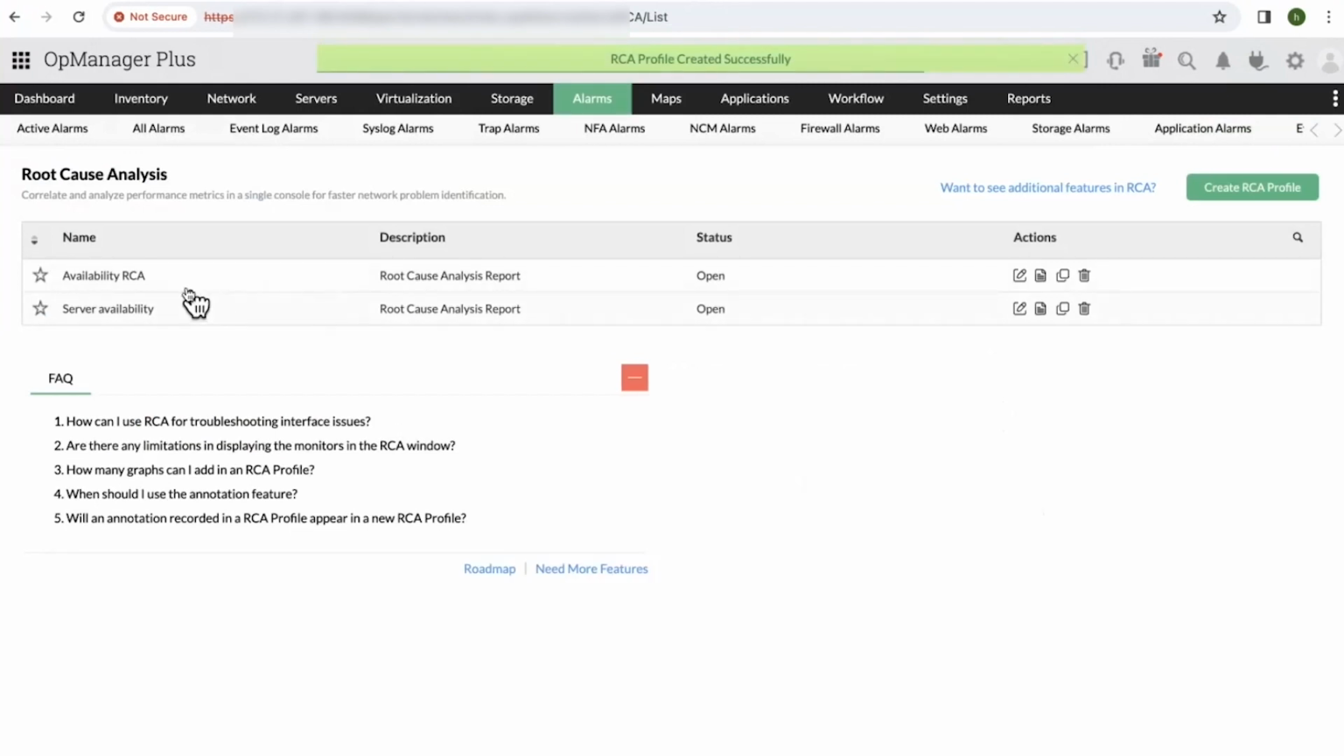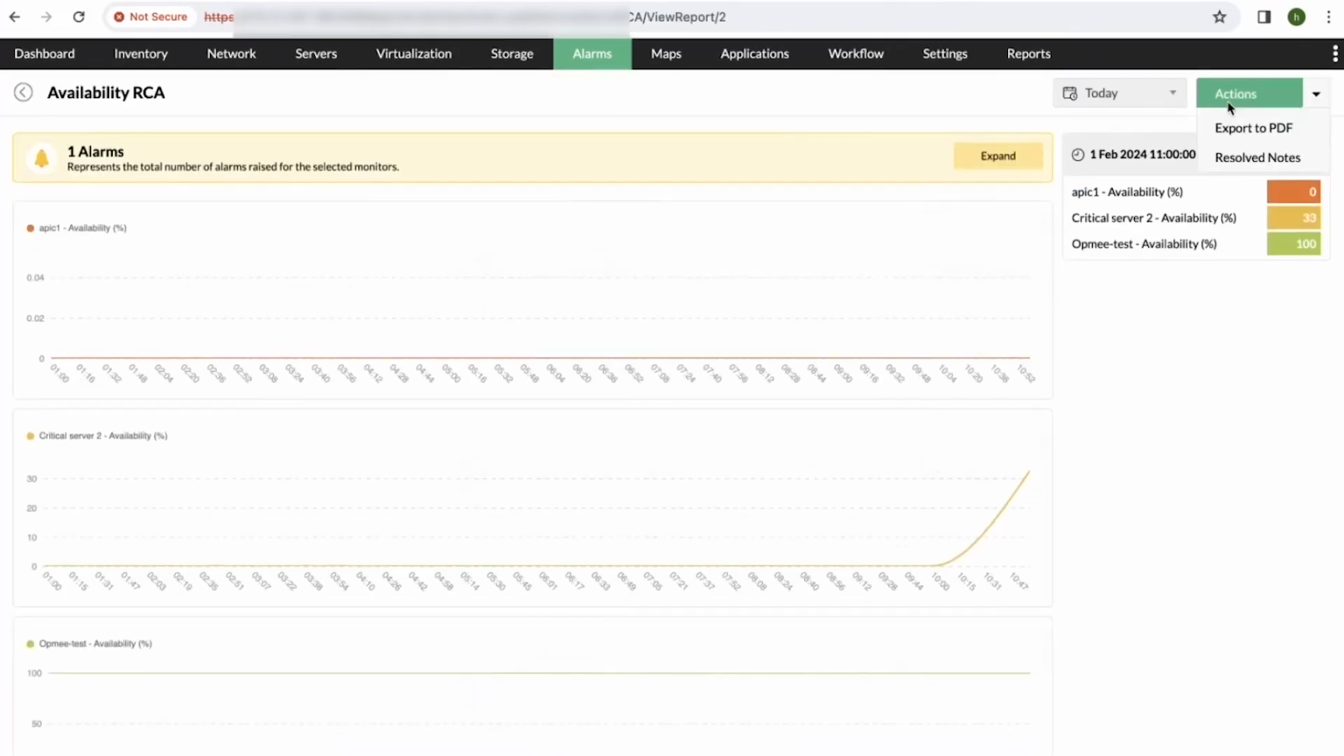Just click on save, and you set up a new RCA profile in OpManager. Now let's say that the same problem pops up again. So if you click on the RCA profile,